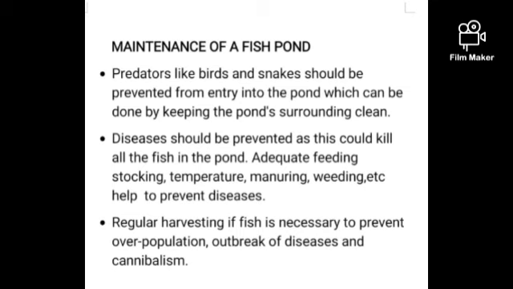Your pond can also be maintained by regular weeding of your pond to prevent disease outbreak. When you regularly weed your pond, it prevents